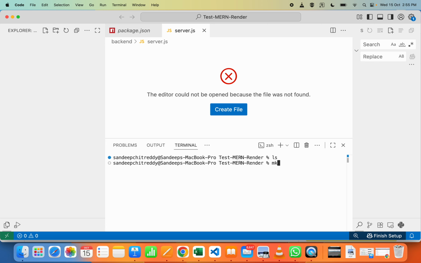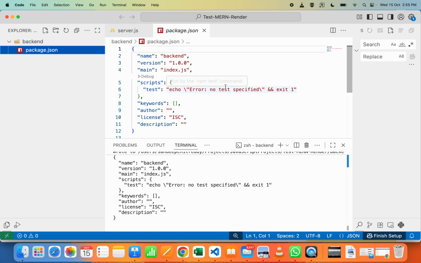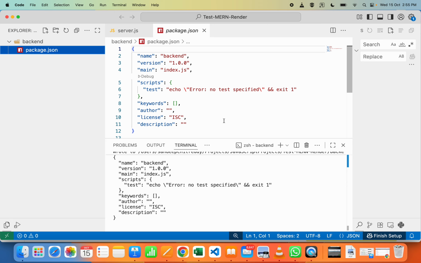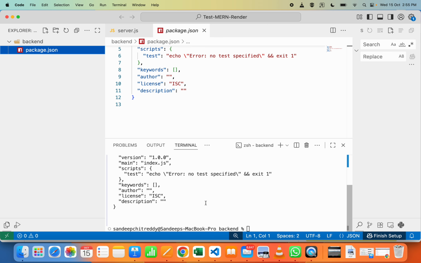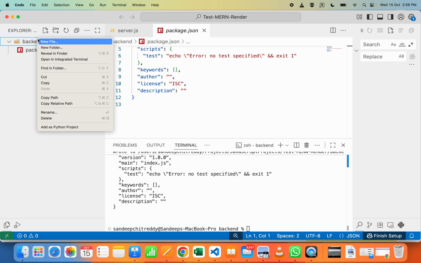First create a directory called backend, enter into the backend directory and install some basic packages. So npm init -y. As you can see, it doesn't install anything, but it creates this package.json file which contains some details. Now let's be inside backend and create a file called server.js. You can right click on the backend directory to create it, new file,